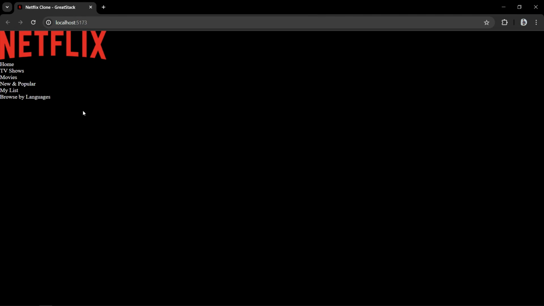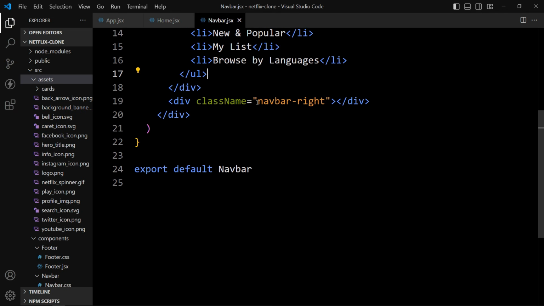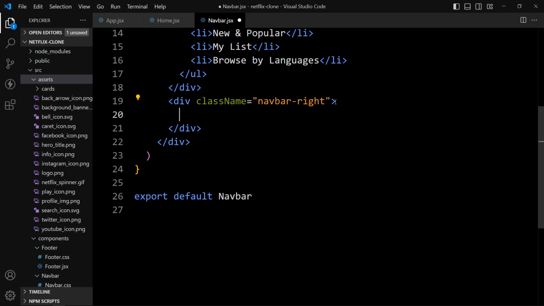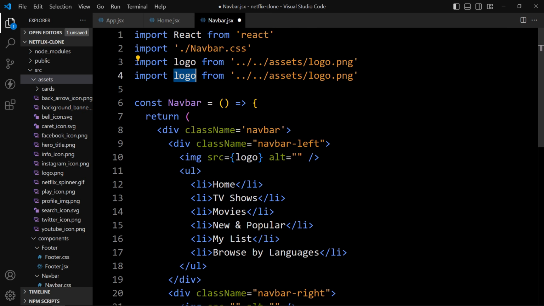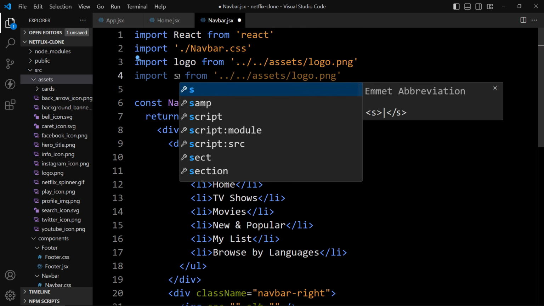So you can see here we have these menu links. Now we'll add the content in the second column, which is the navbar right. So here add a space, and in this one we'll add the icon. So let's add the img tag, and in this one we'll add the search icon. So first we have to import that search icon. So let's duplicate this one. It will be search icon,